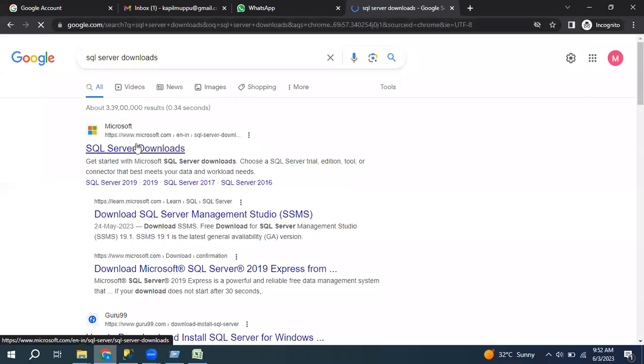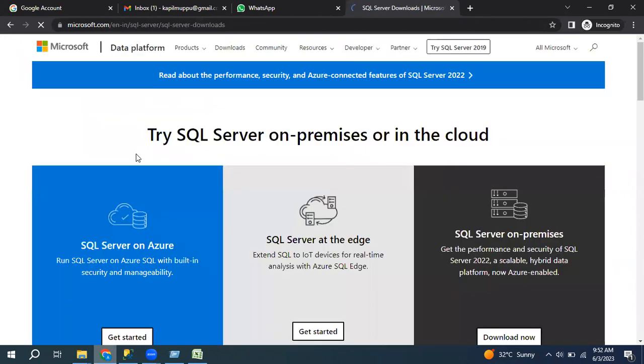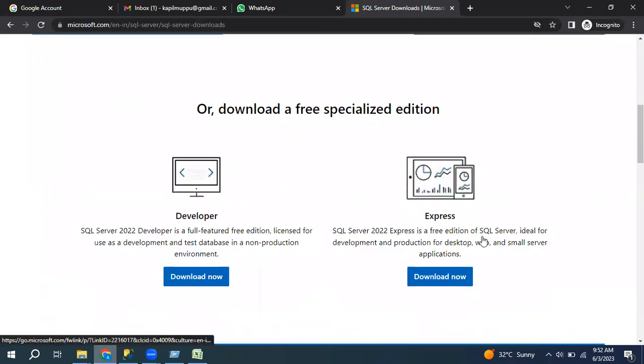See here, the first step, we have SQL Server downloads. Click here. And we have SQL Server on Azure, SQL Server at the edge, SQL Server on premises. Below, download a free specialized edition.